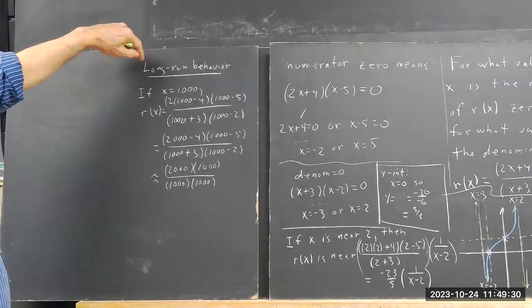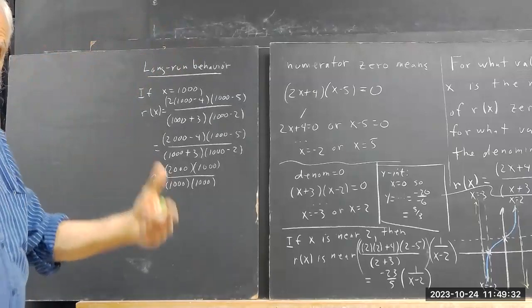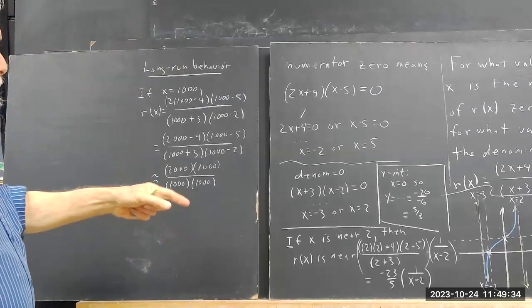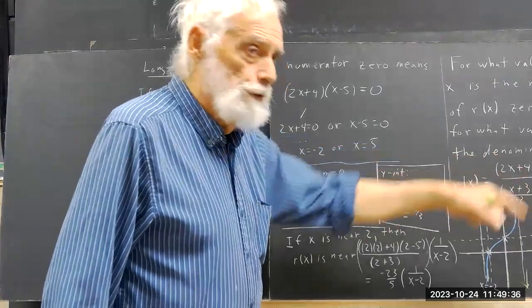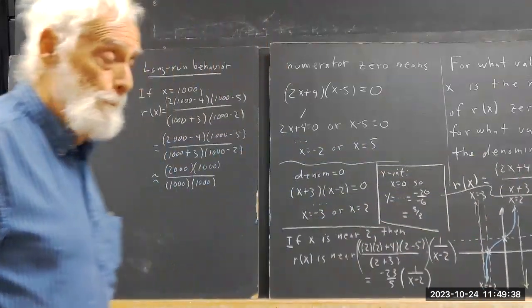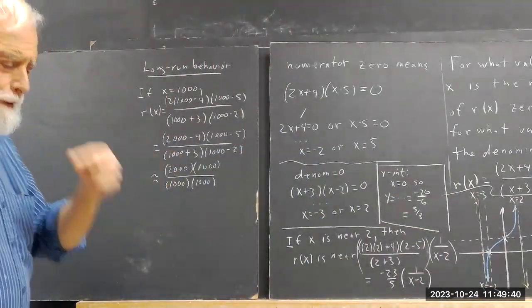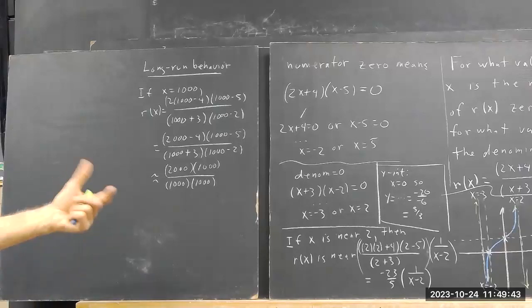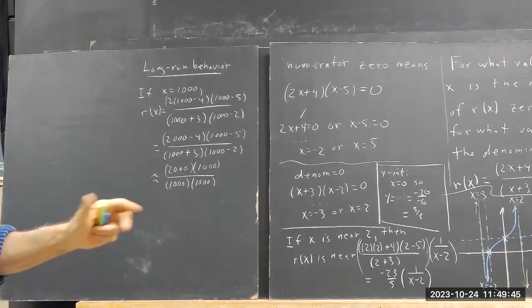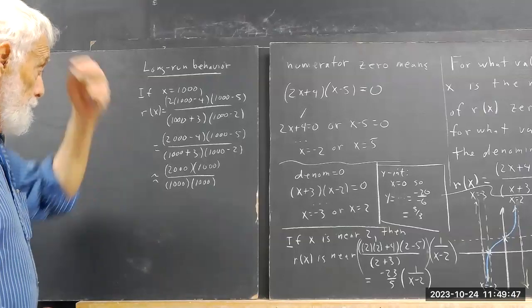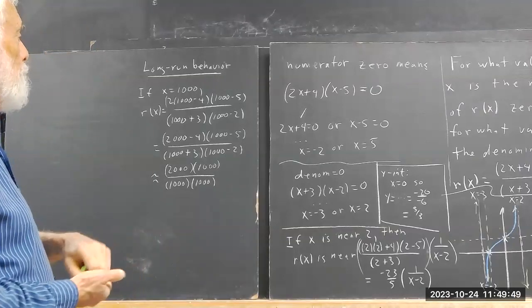We're looking at long run behavior, and what I asked everybody to do is just calculate R of x for x equals 1,000. Now it's a little strange in the consistency of the results, but they all came out close to what they should have, so we won't worry about that part of it. But what you get is